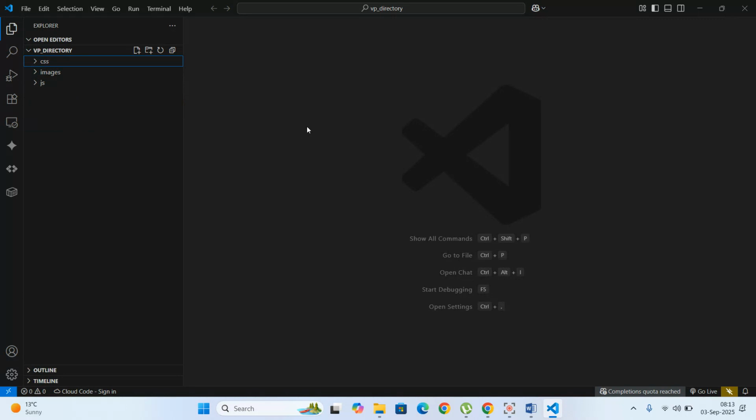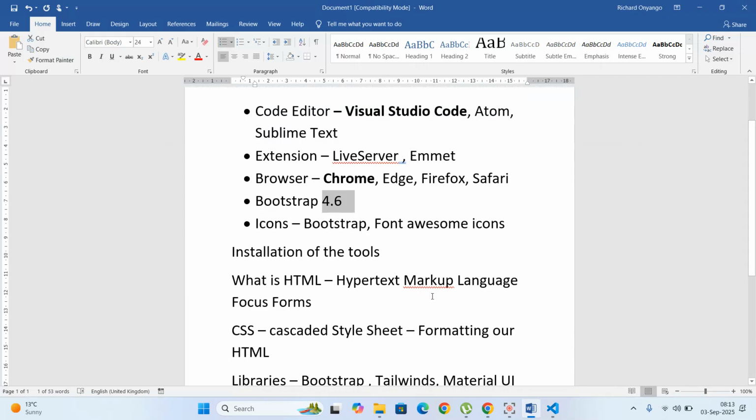After that, we can also create a registration form where we capture details of the person who is registering for purposes of using our application. So that is basically the general idea of why we're getting started as far as HTML is concerned. Remember, I said our focus is going to be on forms, but as we are moving along, we can also use other things like paragraphs and ordered lists and anchor elements and so forth. But just bear with me. I'll try my level best to make sure that we benefit the most,